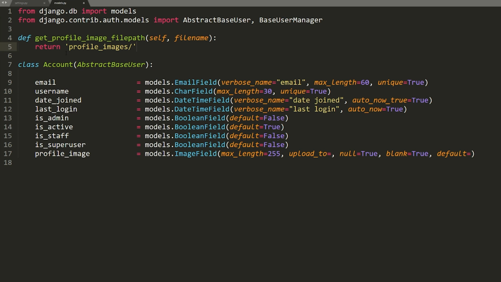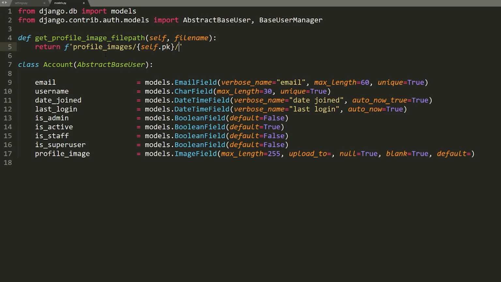Actually, since we're using Python 3, we can use this new string feature. It's called string interpolation or something like that. What you do is you just put an f at the front, and then like with Kotlin or any of the modern programming languages, you can do curly braces and put whatever you want inside of here. So in this case, I want to do self.pk because we're going to be referencing